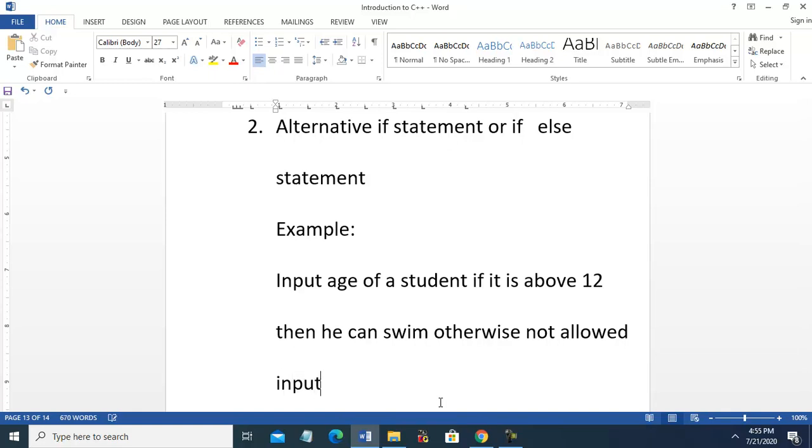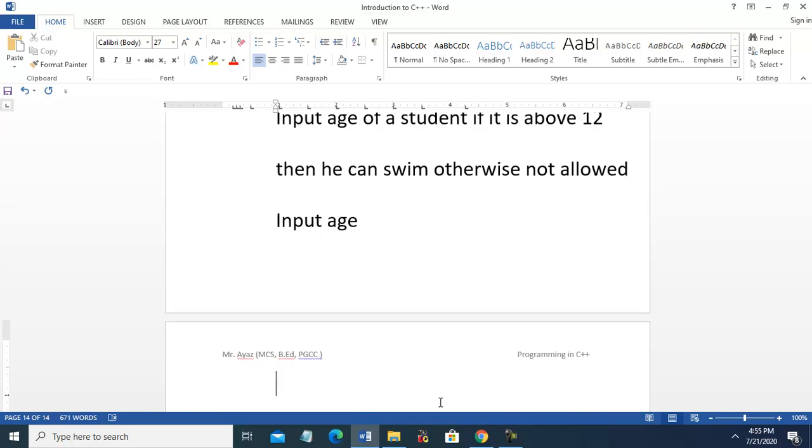First we will read input, we will write a C++ program. We will get the age first, then we will make a criteria.